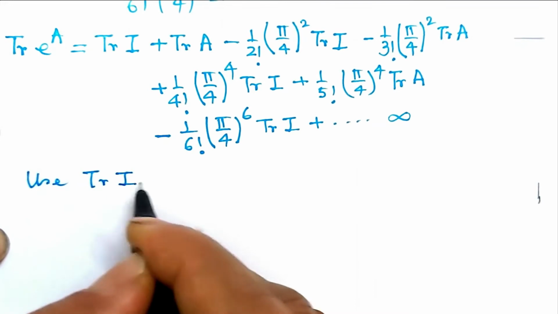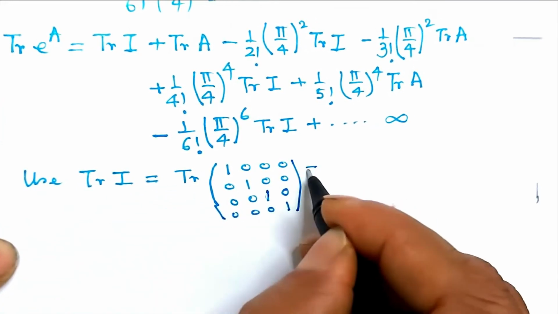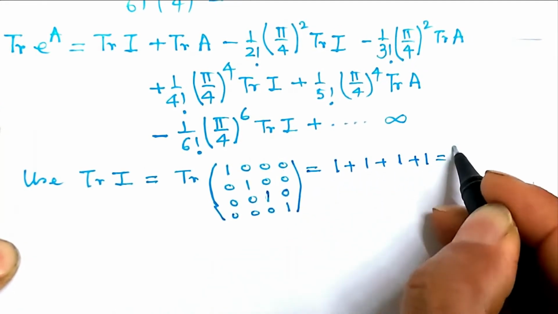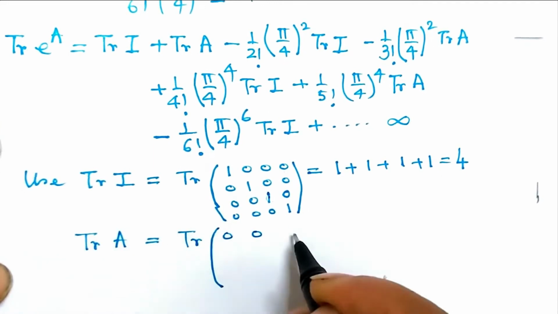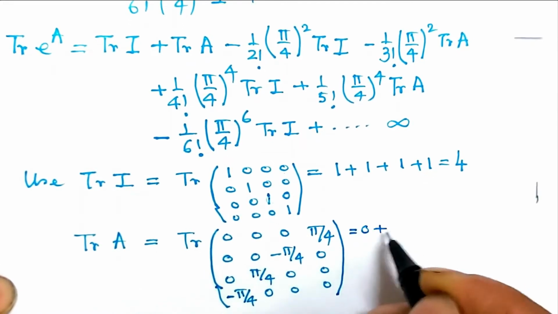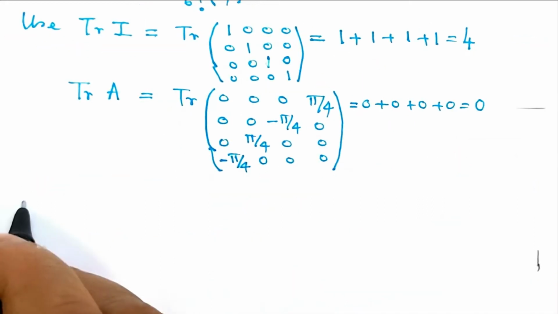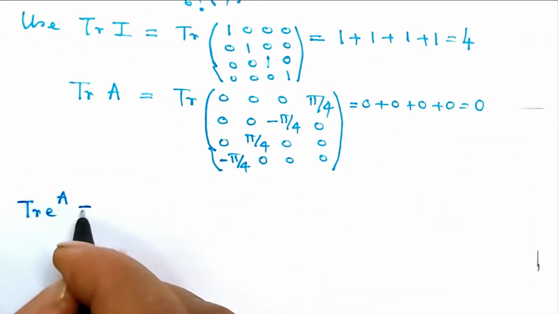Use trace of I, that is trace of this 4 cross 4 unit matrix, which is 1 plus 1 plus 1 plus 1 equal to 4. Also trace of a is trace of this matrix, which is 0 plus 0 plus 0 plus 0 equal to 0. Let us rewrite the expression of trace of e to the power a that we have derived, and it is